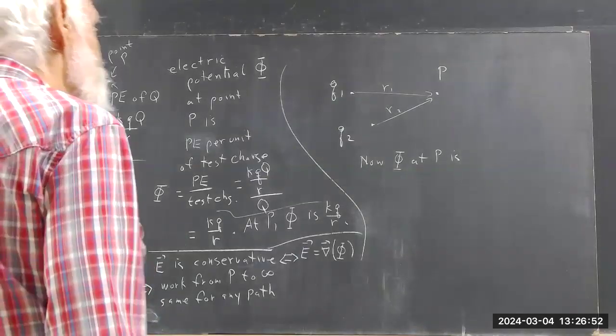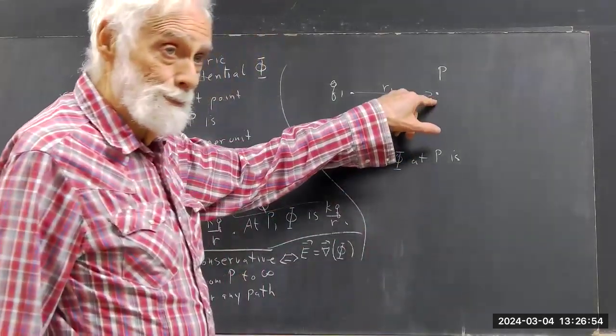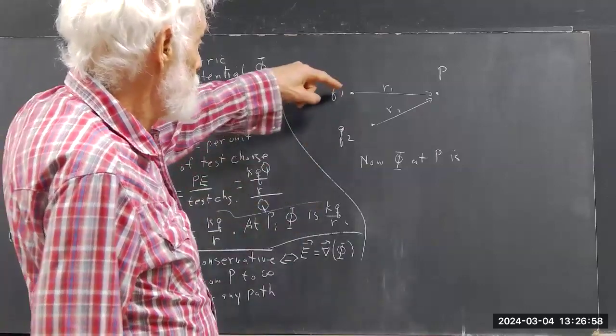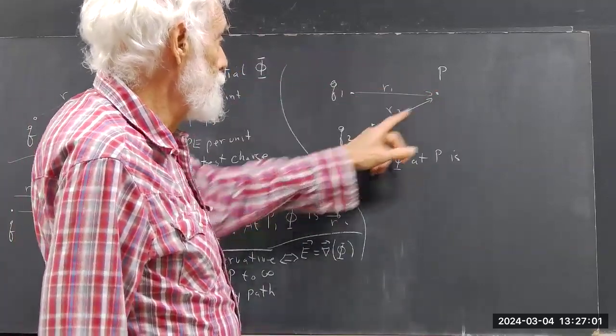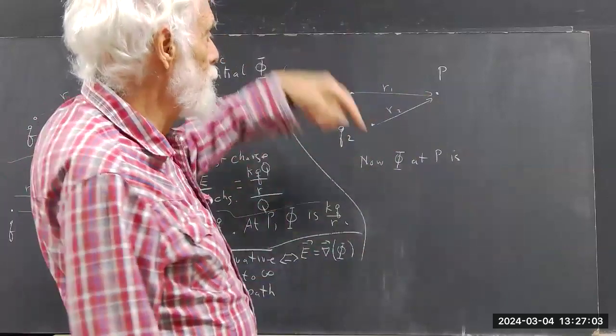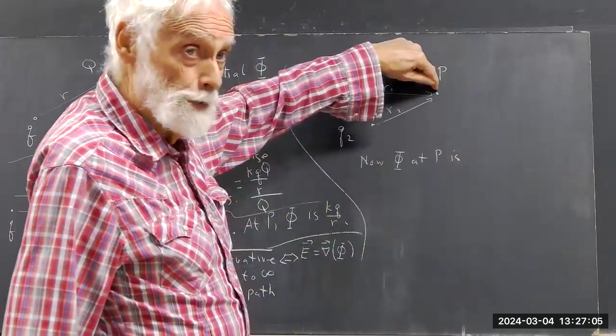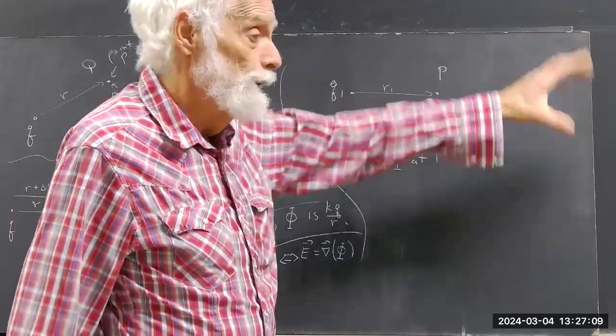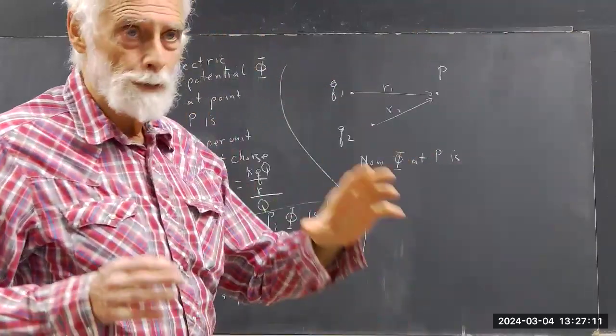Okay, well, what's the net force on this? Net force is the force you get from here plus the force you get from here. Now I say, what's the net force on a test charge at this point? And what's the net force as the test charge goes to infinity? The way the vectors go together